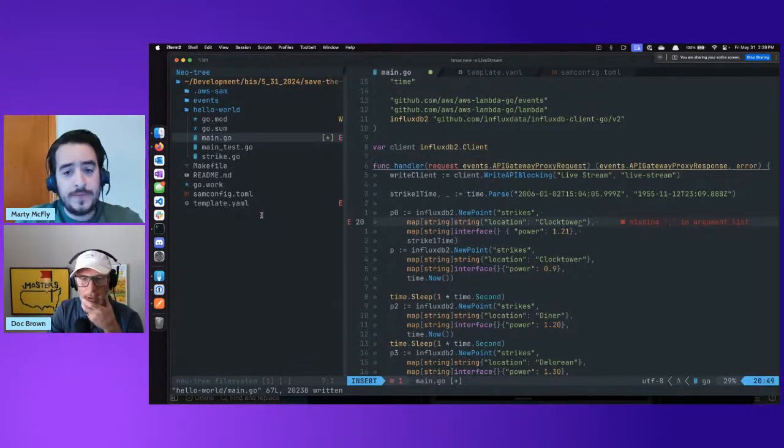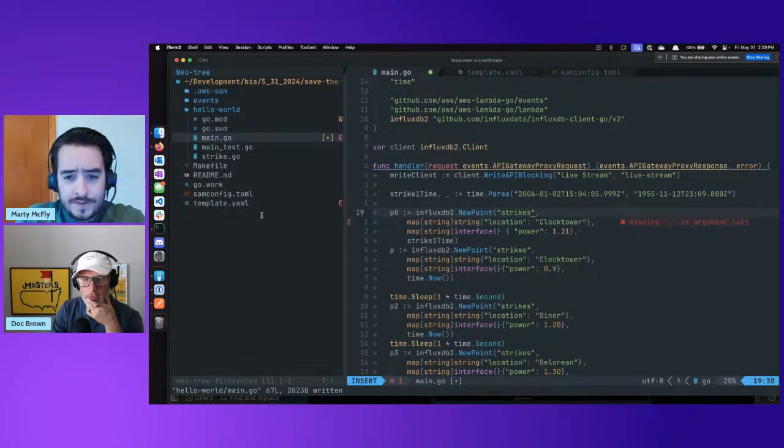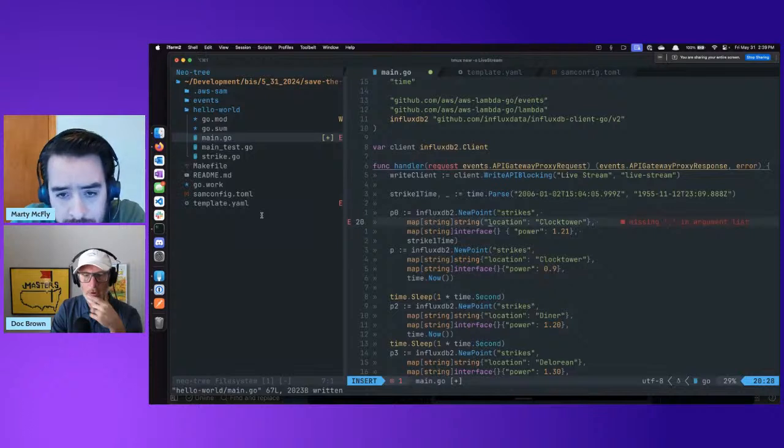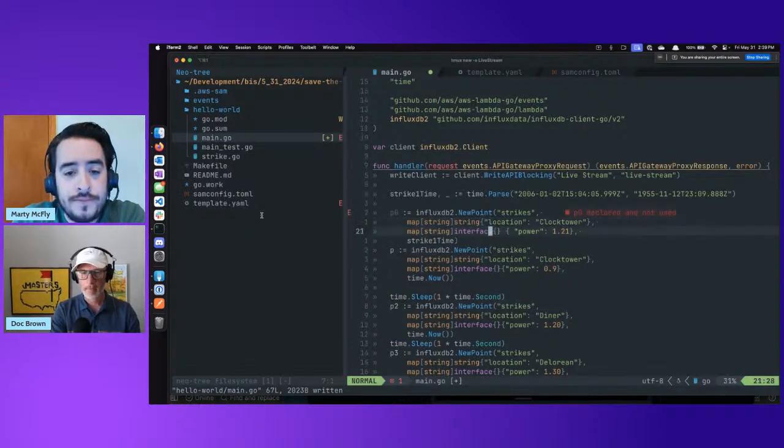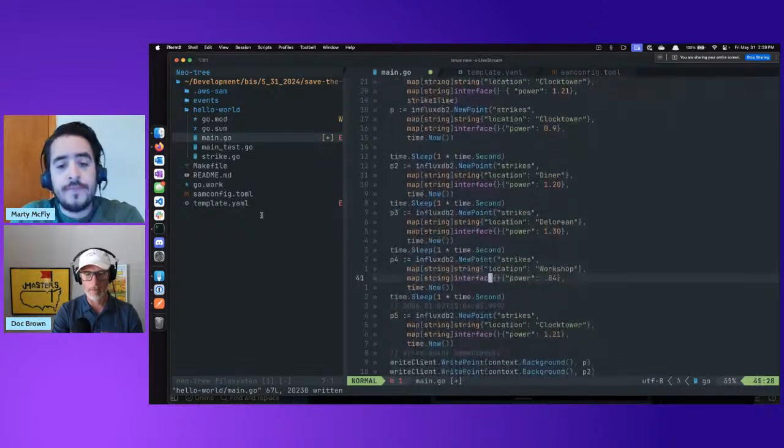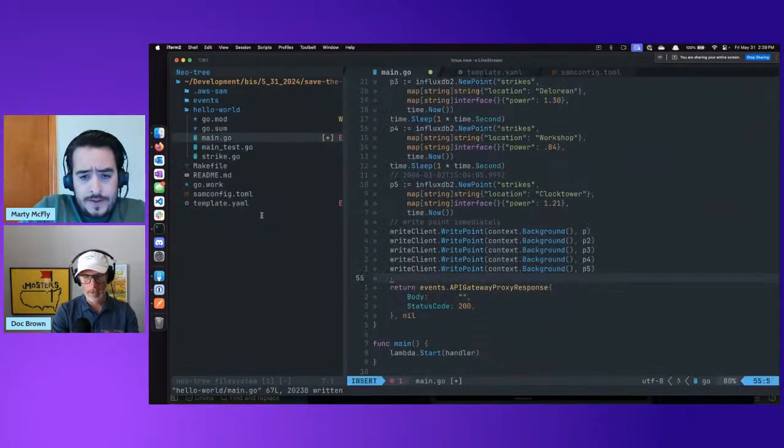What am I missing? Map, string, location. Strikes. No, comma, you have it. Oh, I'm sorry. It's not a print. Okay, so now we're going to write P0 and see if P0 writes.